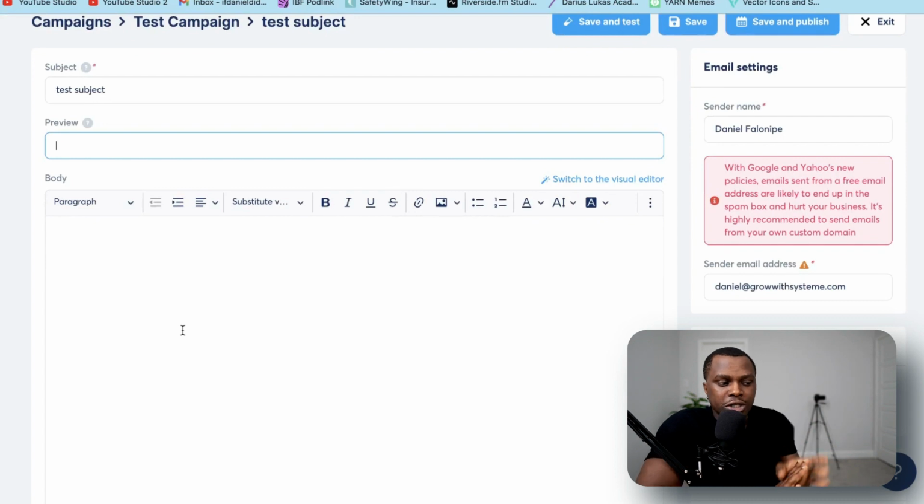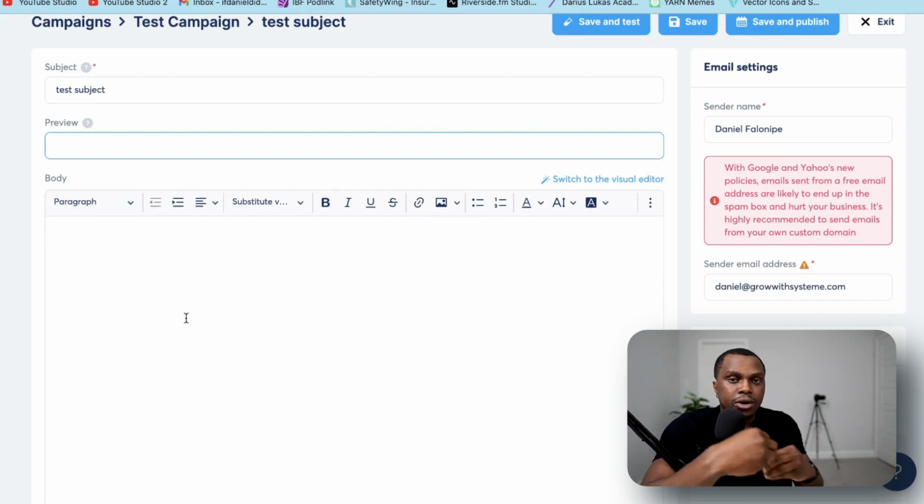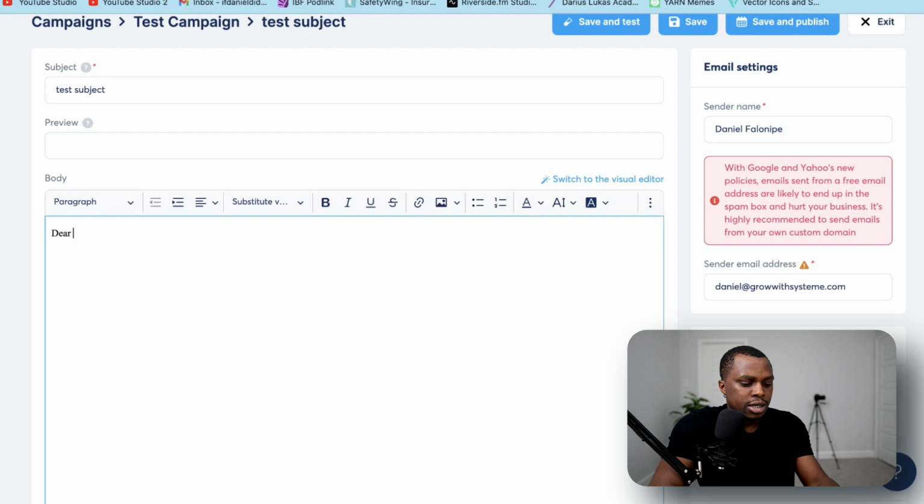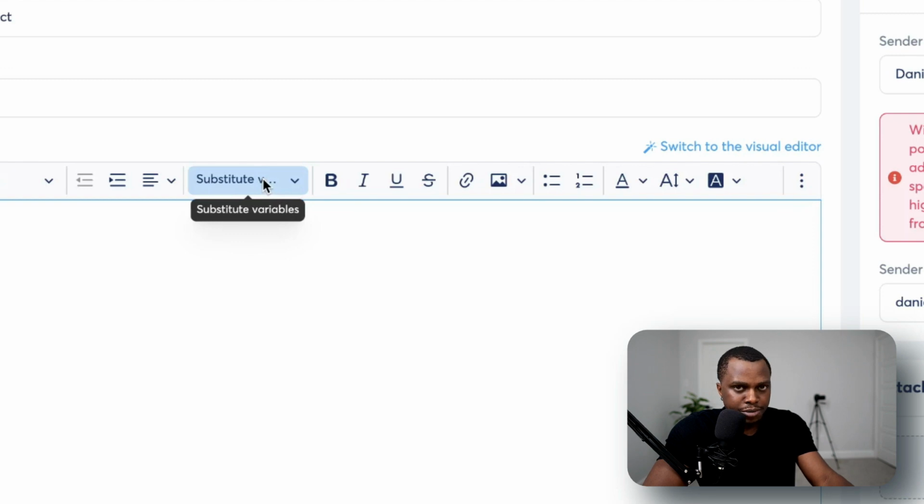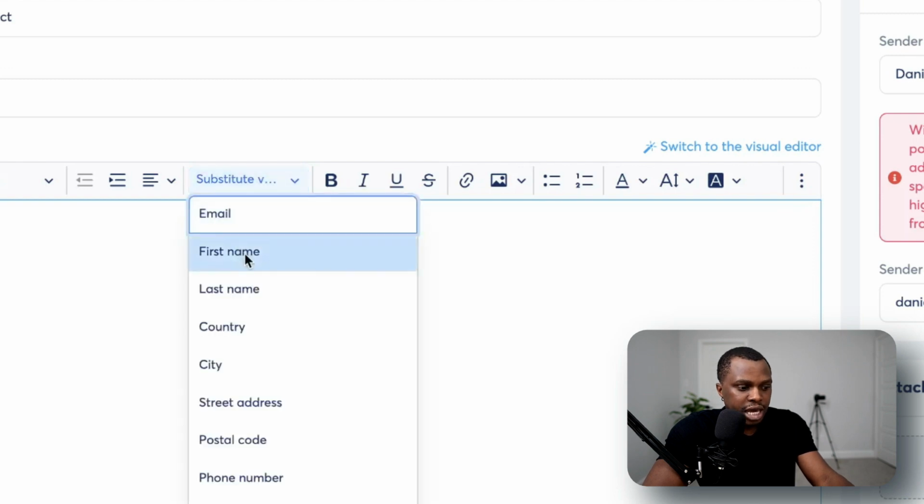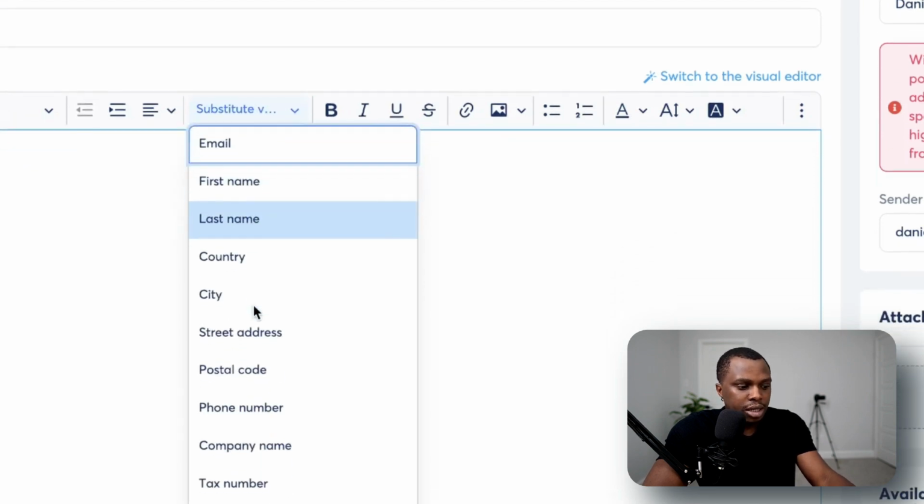Now this is what I've been getting a lot of questions on. How do you substitute the values in your email? Meaning, how do you have the first name inside of your email and it's dynamic? It changes from person to person or from contact to contact. Now I'm going to do dear anything. Now if you look at the options here, there's something that says substitute variables, right? You can do first name, last name, country, city, company name, there are so many options,